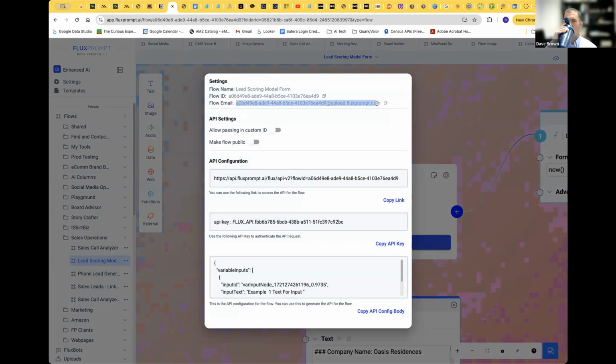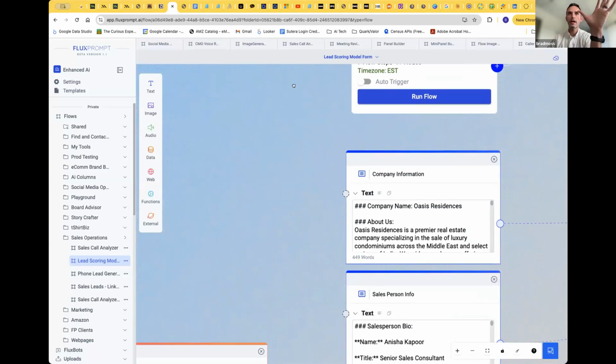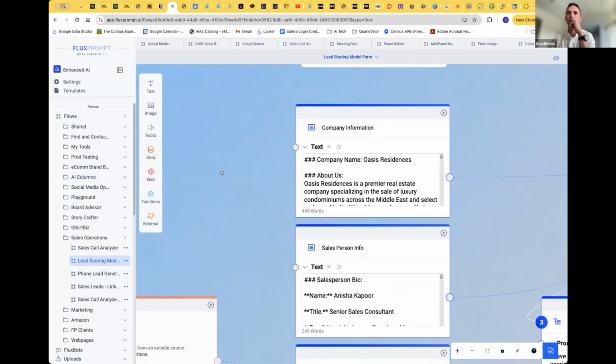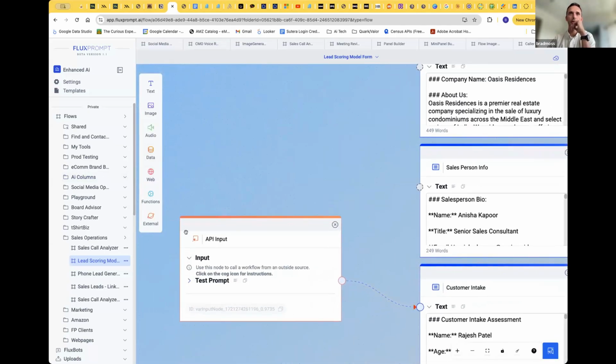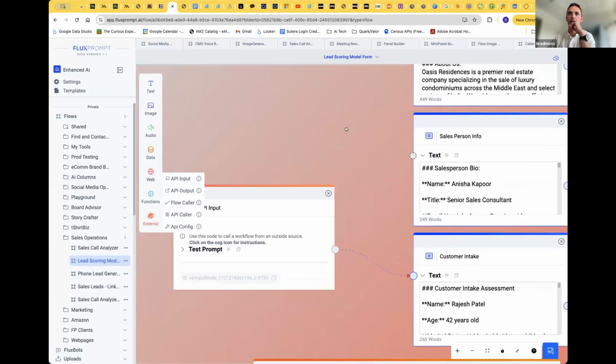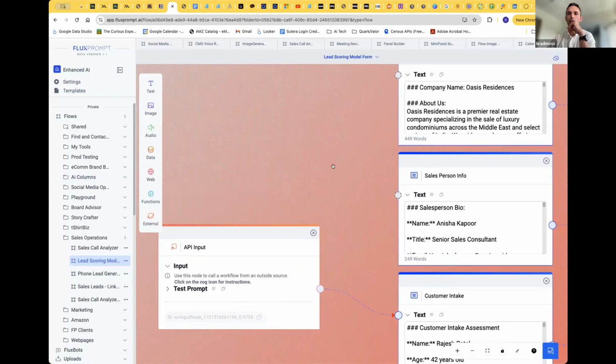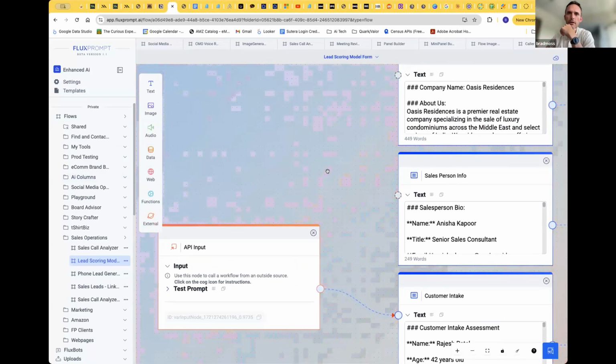You can just send an email to this address, and whatever the input body is, there's an API input. It's really simple. You just connect it in like any other node, and it'll pass the body of that email through the flow and auto-generate the whole flow for you.